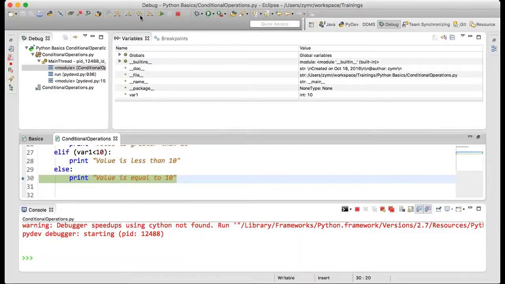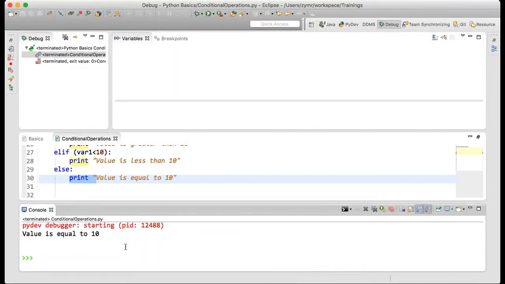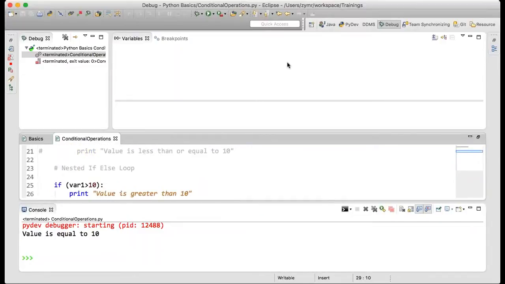And now when we click step over again, it executed this line for us and it terminated the execution. That means it finished the execution of this program, right?